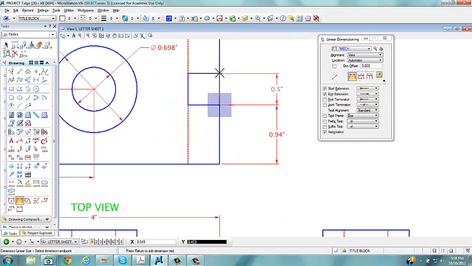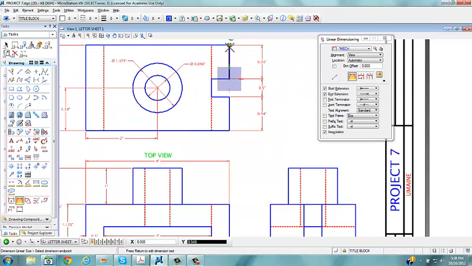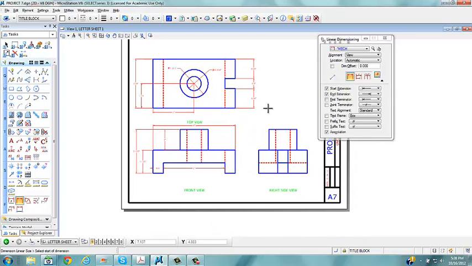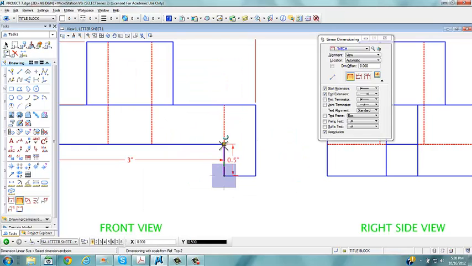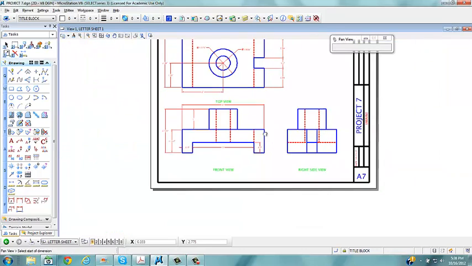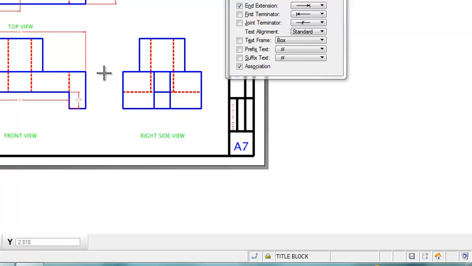I don't think I got this totally centered, but it actually says it is. So I'm not going to let my dimensions lie. What else do we need? Oh, the height of this cutout. Again, we don't dimension to hidden lines, and we try not to cross our dimensions, so that ends up